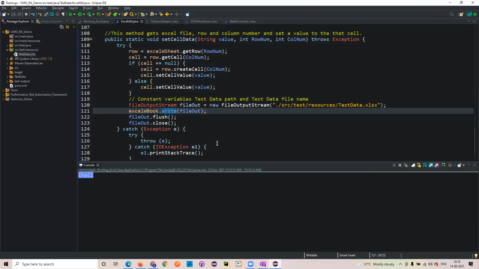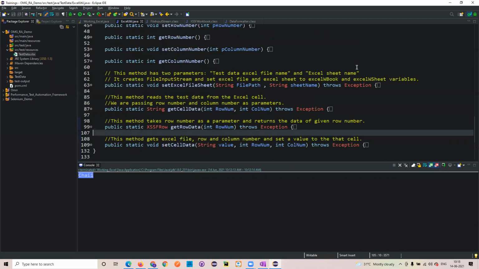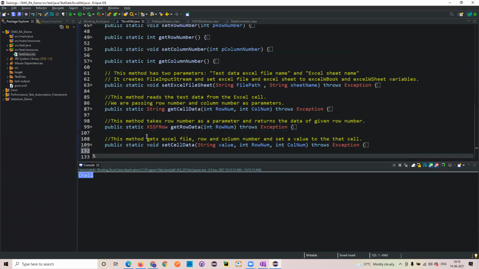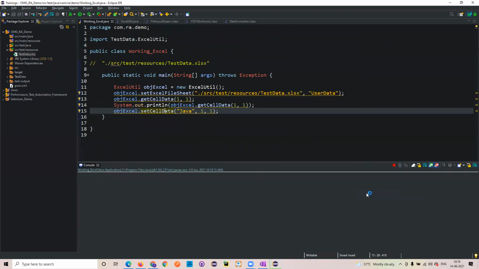So I told you, right, there are a few disadvantages with these particular Excel sheets that you need to know about. Now if you see here, these are default inbuilt methods. With these default inbuilt methods, you can write and execute with the help of the verify files, and you can do a lot of things. Okay.